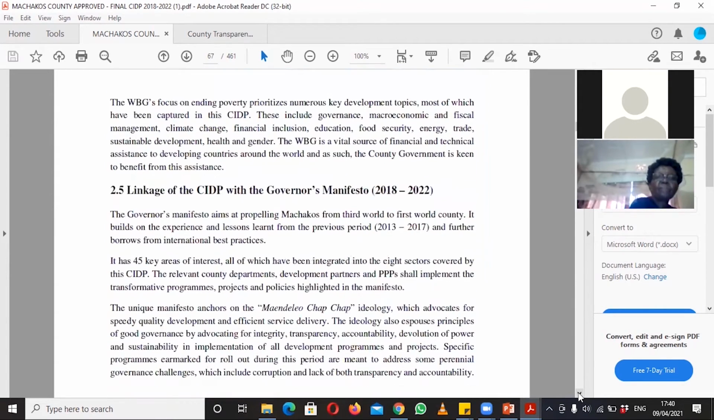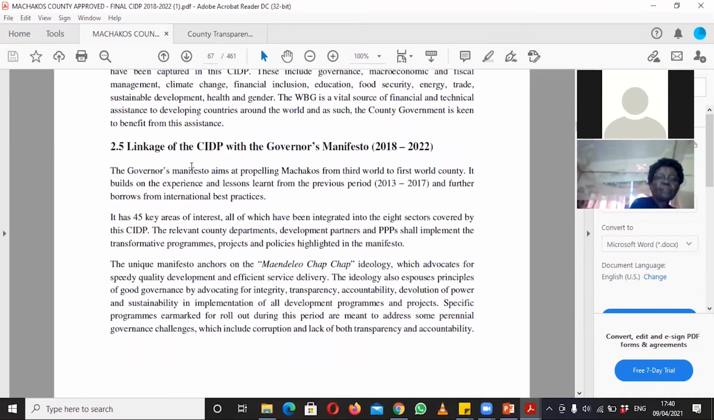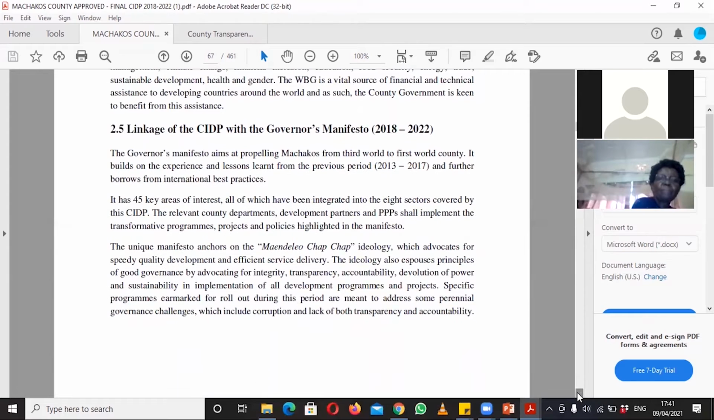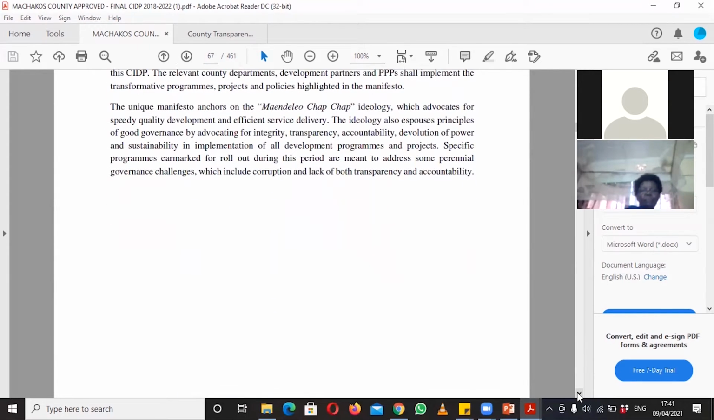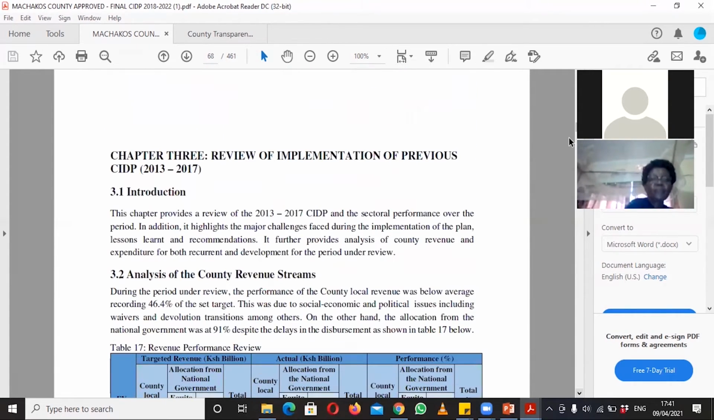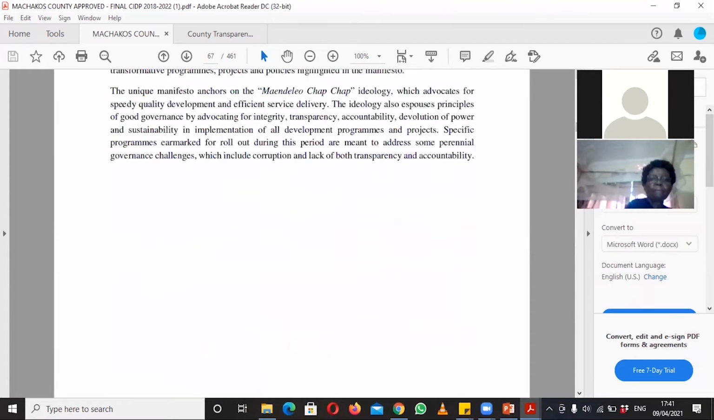Okay, so the CIDP is also linked to the governor's manifesto. When the governor is campaigning, they also have their own plan. So when the CIDP is being formulated, it is linked to the governor's manifesto 2018-2022. So you can see here, the one for 2020-2022,